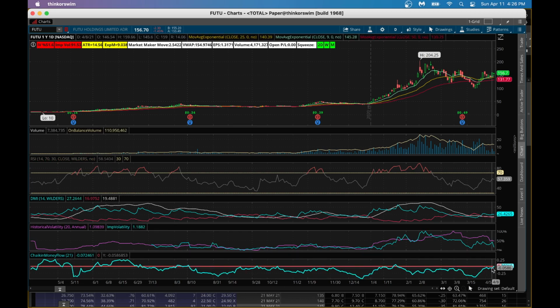Tells me the smart money is flowing into the stock, which is a good sign. So here, what do we do with Futu Holdings? With Futu Holdings, you can buy stock outright if you want. It's a good time to buy stock given smart money is flowing into it and RSI, or relative strength index, is getting stronger. But with put options, if you want to take some risk, you could, but I would not recommend it. But if you want to do it, this is how I would do.